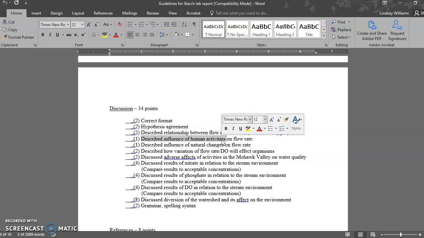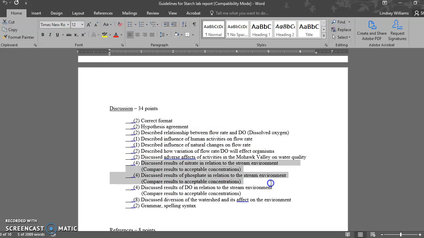Nutrients and things like dirty water, that's less likely to create pollution unless it's an extreme scenario where there's significant algae buildup and the algae works like a dam. A lot of times students talk about pollution here. This is not where you talk about pollution. This is just where you talk about flow rate, okay? Down here in your results for the nutrients, that's where you talk about pollution and what the environmental impact of